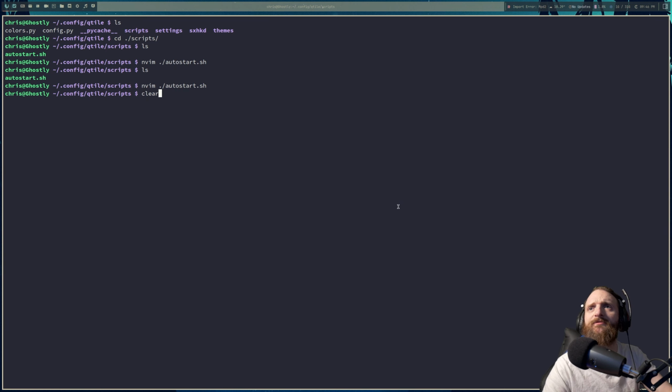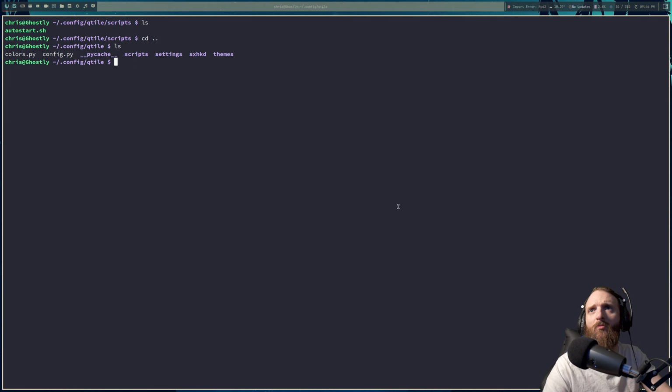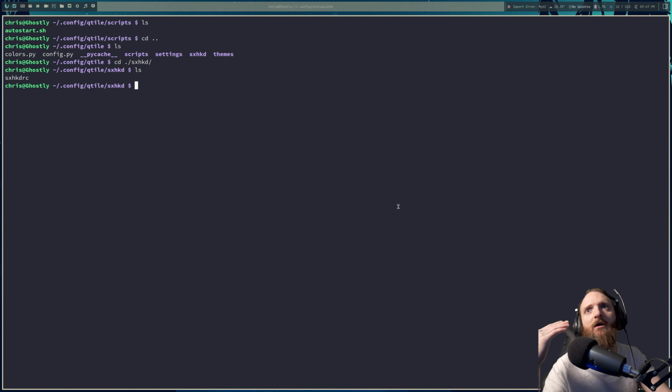Great. We got those. So that's one thing right there that we just added that he didn't have. Also, his SXHKD. I don't use this at all. I prefer to have all my keybinds set in the configuration file. I know that tends to make your configuration file a lot bigger, and it's actually probably pretty smart to use that SXHKD. So I'm going to keep it, but we're not going to tweak it, and we're not really going to use